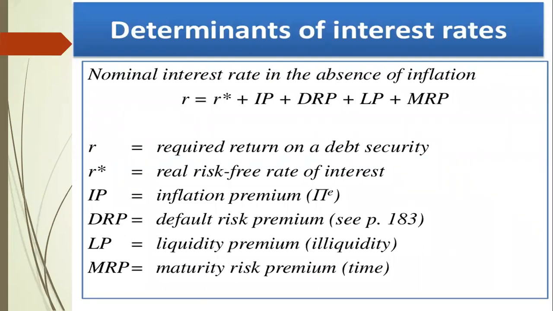So first is determinants of interest rates. Here we have the nominal interest rate in the absence of inflation. So R is equal to R star plus IP plus DRP plus LP plus MRP. R is the required return on a debt security, that is, the bond we calculate, and R star is the real